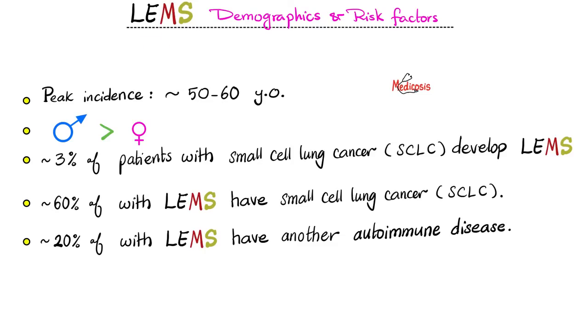As for Lambert-Eaton, most patients are older and mostly males. And most patients with Lambert-Eaton myasthenic syndrome have some form of cancer, usually small cell lung cancer. And about 20% of patients with Lambert-Eaton myasthenic syndrome, which is an autoimmune disease, have another autoimmune disease. As Warren Buffett used to say, quote, "There is seldom one cockroach in the kitchen," unquote. So if I have one autoimmune disease, I am more likely than the general population to have another autoimmune disease.